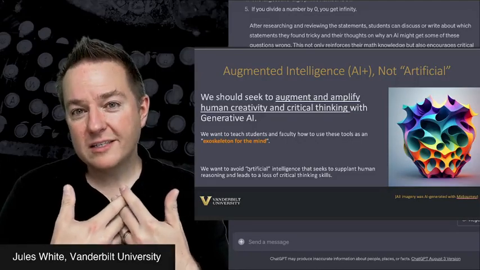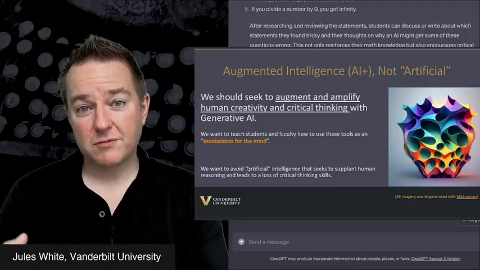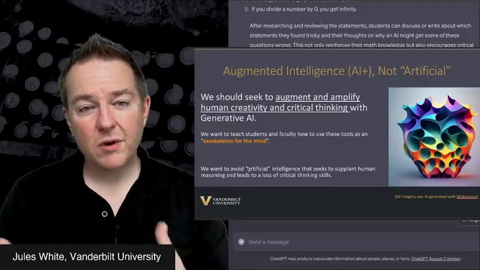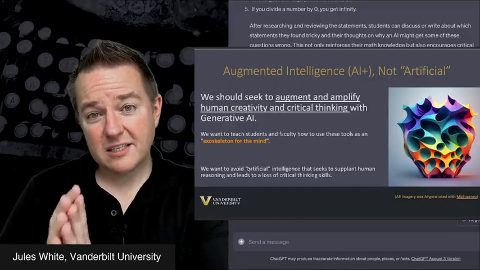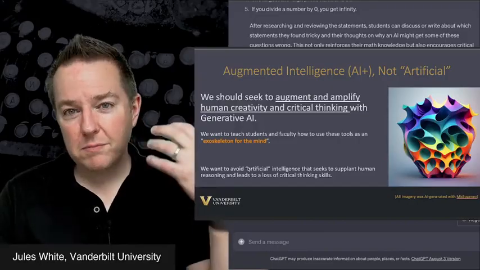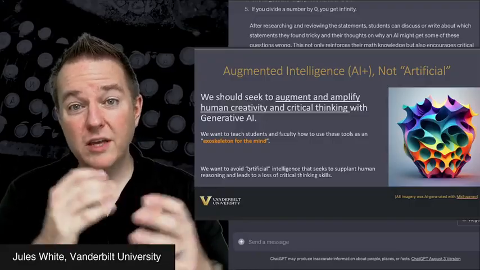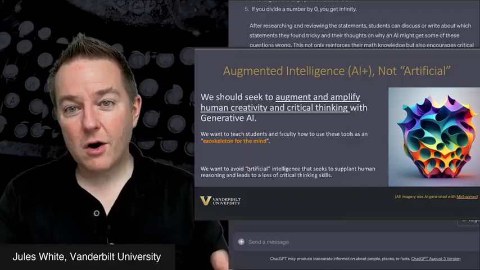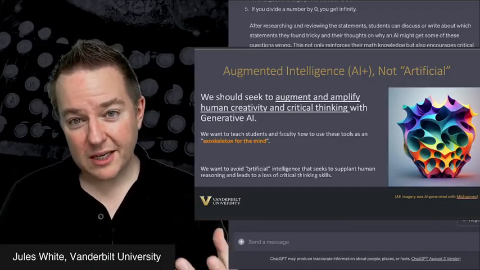We want to take the problems that we can't solve for some reason, and we want to help remove roadblocks to our critical reasoning that prevent us from tackling these problems. We want to help think about information from different perspectives. We want to think about how we can scale up great ideas and personalize content for each individual student, how we can find ways of automating these tedious tasks so that we can spend more time as educators with the kids or with our students in college or with other adults or whatever population you're working with, and do a better job in those human connections.